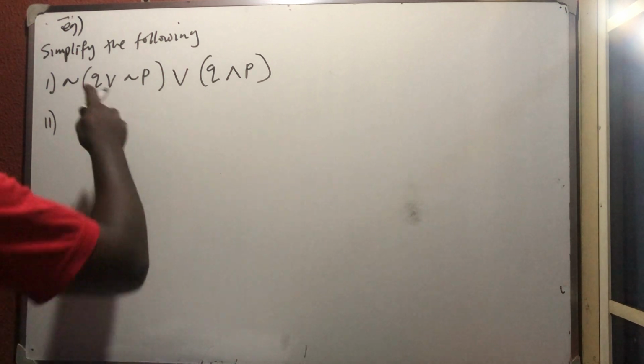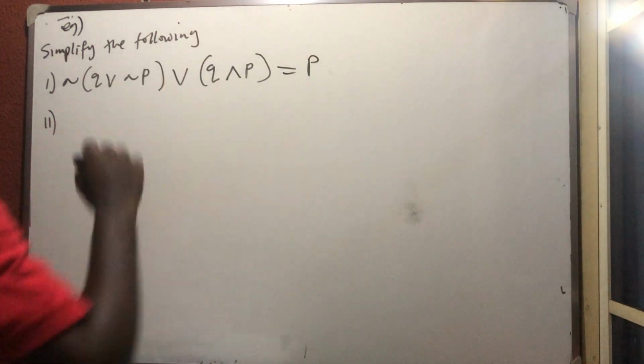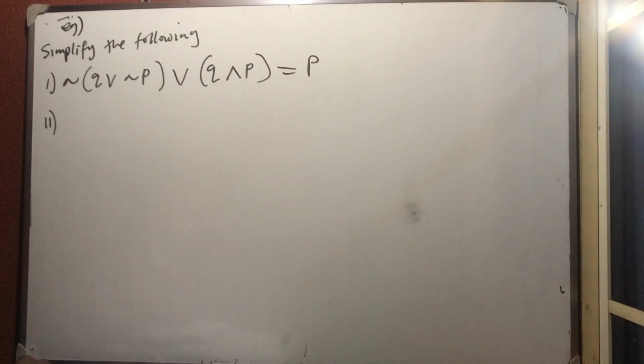Okay, in fact, prove that this thing is simply P. Prove that it is P. Let us just do it like this. Prove that it is P. And then